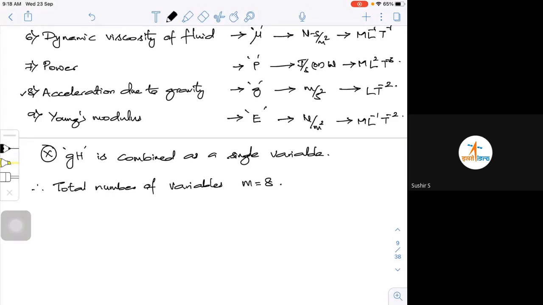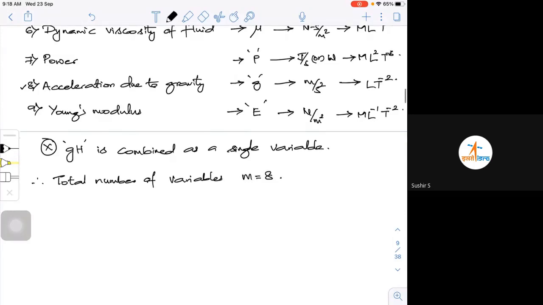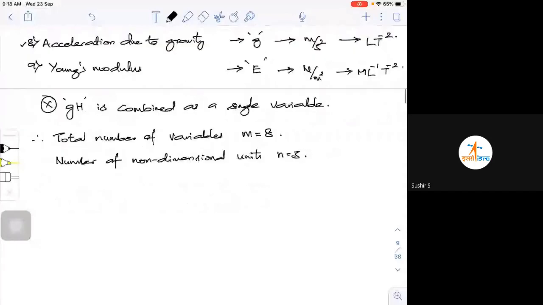What are the 3 different dimensional parameters? So we have the number of fundamental units. What we consider is mass, length and time. So if I call that n, it is 3. So then, according to Buckingham's pi theorem,